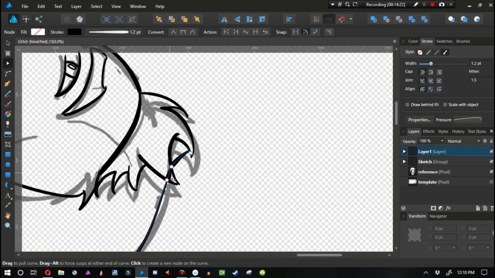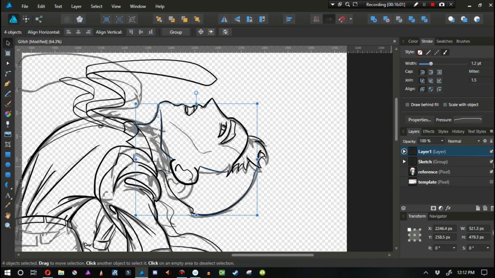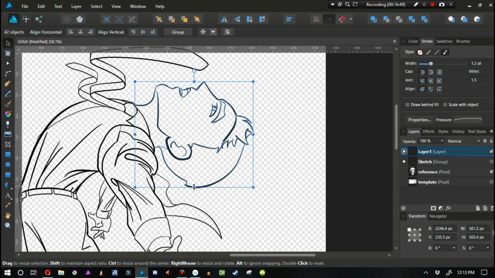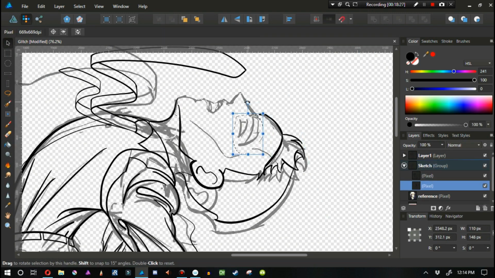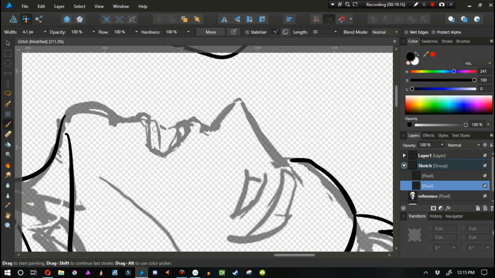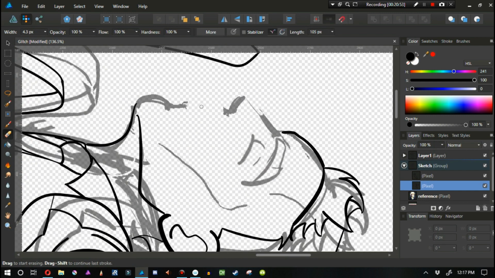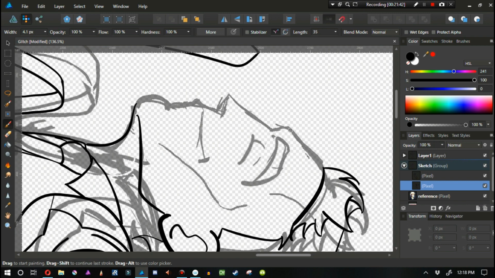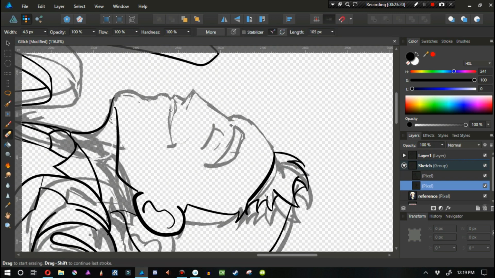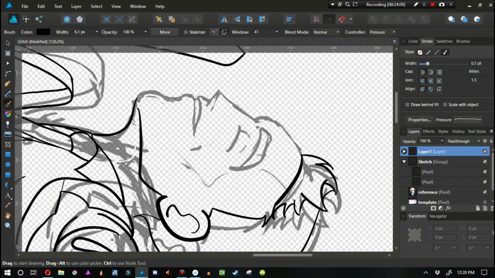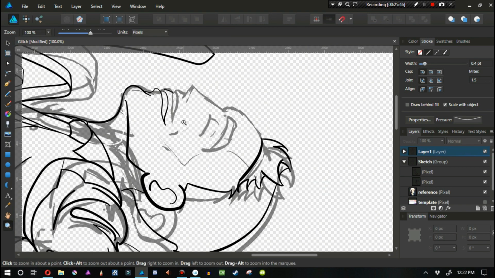The first thing that I didn't like was how his face was turning out, and so you'll actually see me delete all of the vectors for his face at some point here, and you see me right now just transforming it because I just really wasn't happy with how any of it was turning out. Here I'm just kind of playing with it, and I was originally trying to imitate what was on my reference image, but the reference image with his mouth open kind of looked like he was in a little bit too much ecstasy, and I don't want to get that impression into people's heads, and so I had to redraw